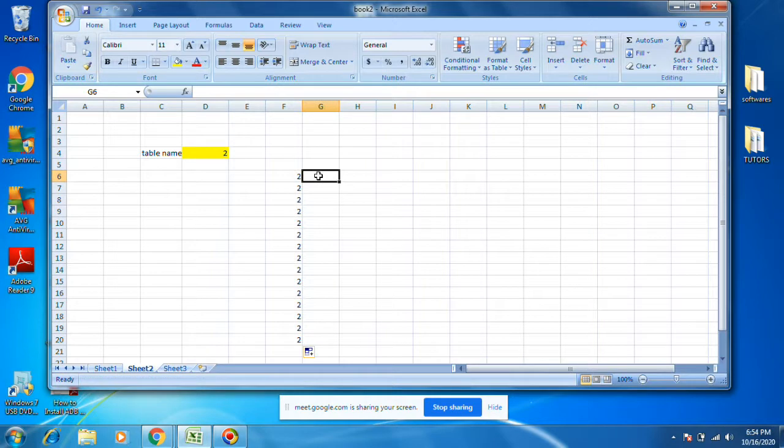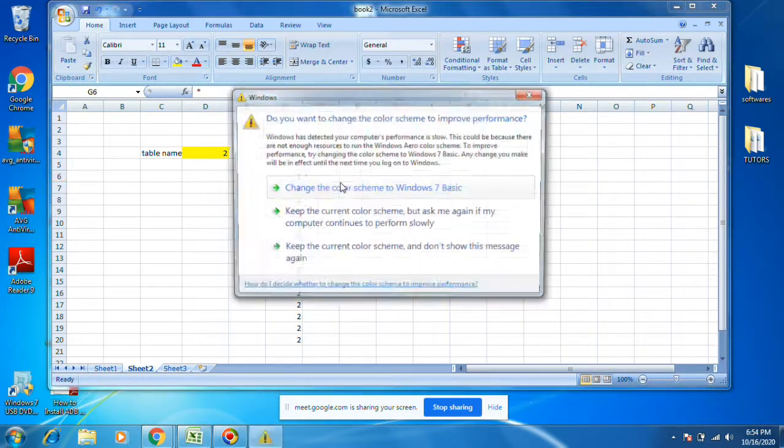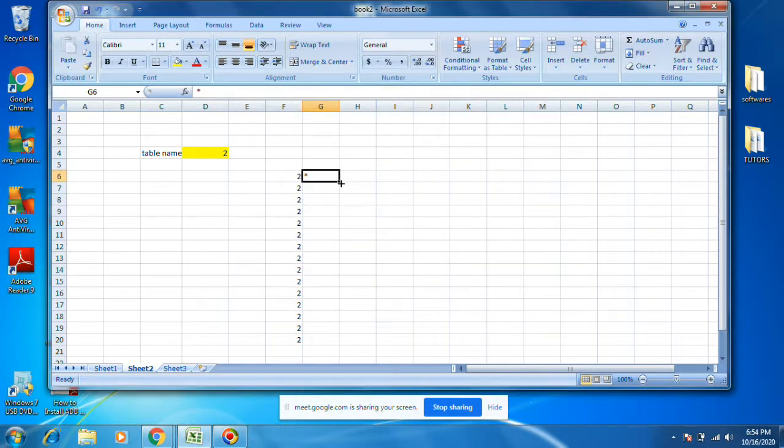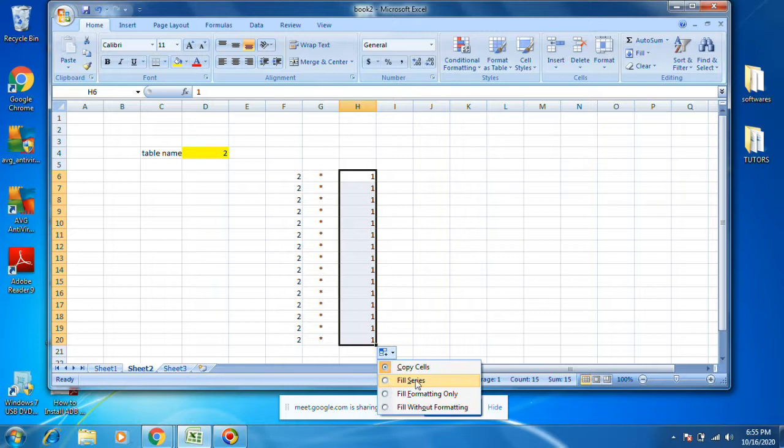I want to put some star in the middle. I want to do fill series, let it be until 10.